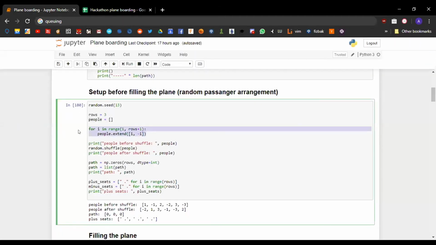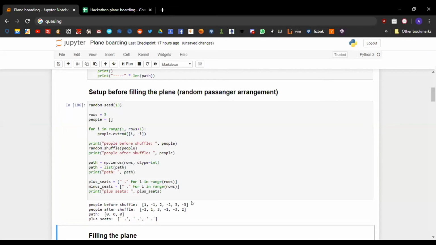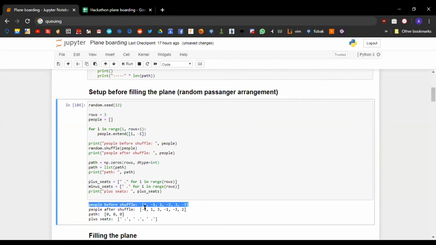We can populate it with different numbers, and we'll see how everything looks. So this is the people list before shuffling. The example I'm using at the moment will be random ordering. So this is the population of the array. There I shuffle it with the help of the random module. Then I will have another